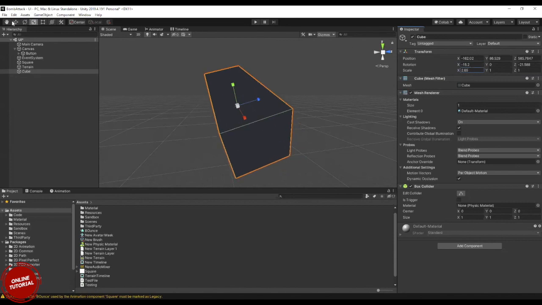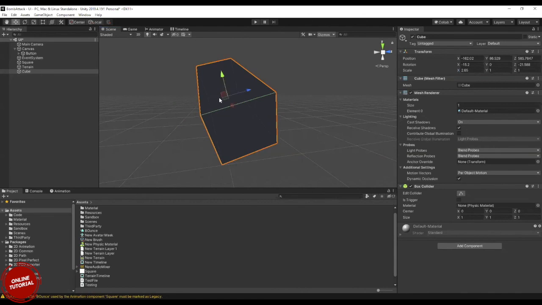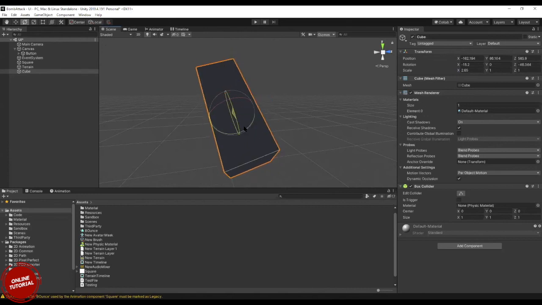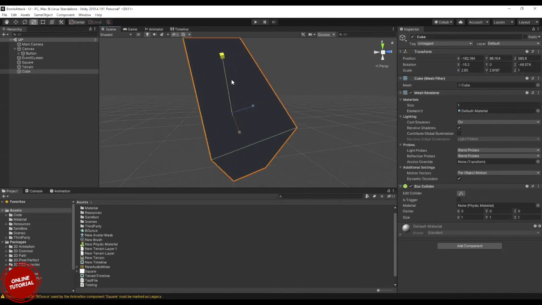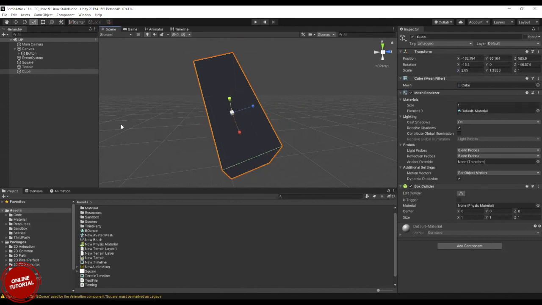You can also do it from the top toolbar, your tools, right? This is the move tool, and you can move it. If you want to use the transform tool, you can use this. If you want the rotate tool, you can click and move this. If you want the scale tool, this is the scale tool. Generally we use QWER, so that will be easier. And if you want to change its pivot location, you can change it here.